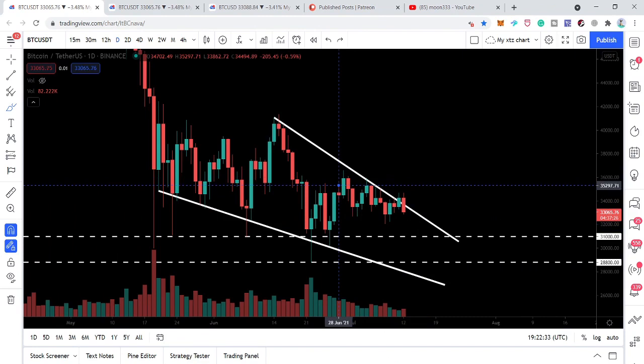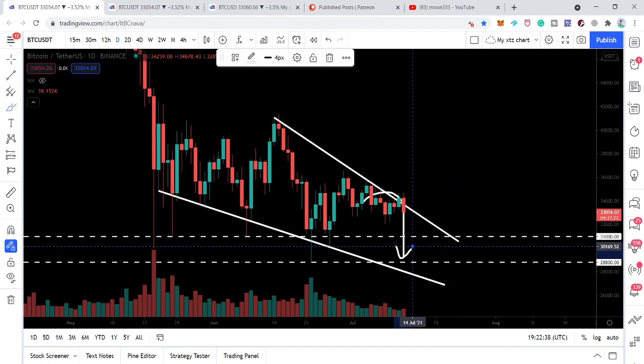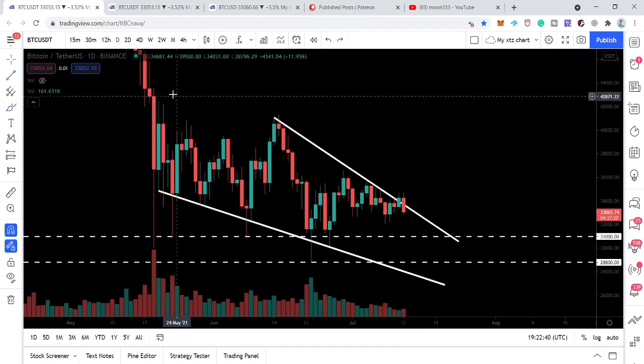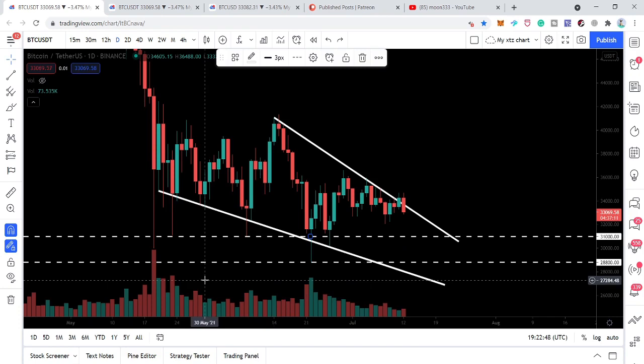However, if it moves more down, then it can re-enter a very, very strong support zone that starts from $31,000 and goes up to $28,800. And we can see that whenever the price line is moving in this zone, we are having a very powerful bullish reversal towards the upside,